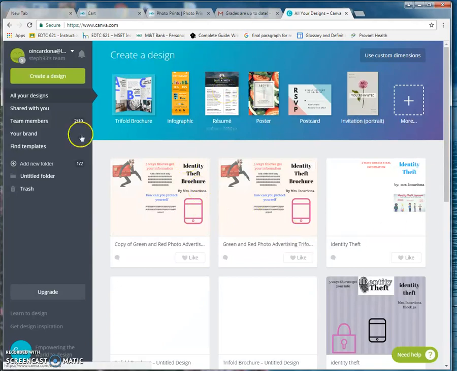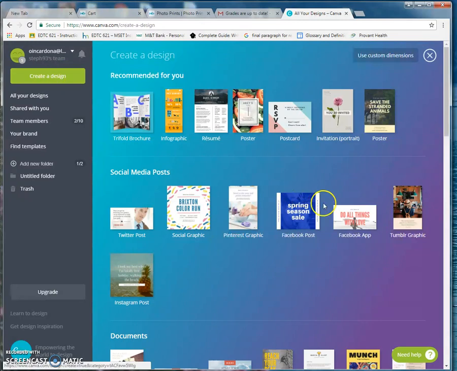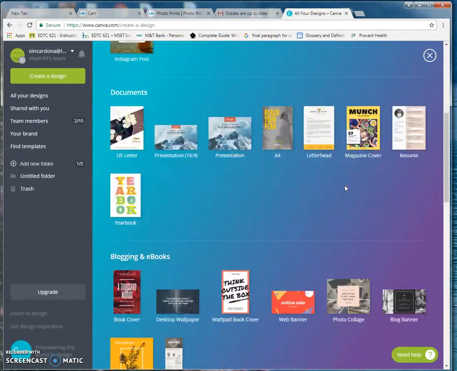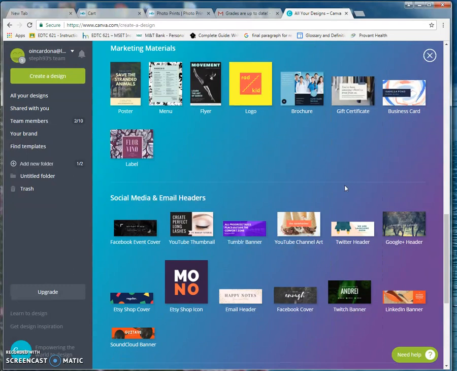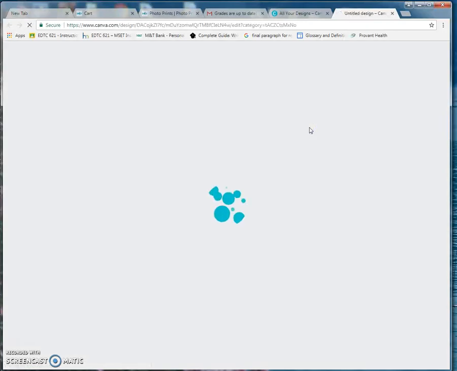Now, my screen looks different from yours because I already have some brochures created, but you will have a Create a Design button, and you will click on Create a Design, and you'll notice that you can do lots of great things with Canva: blogging, marketing materials, social media, and so on. We're going to use the brochure version of this,